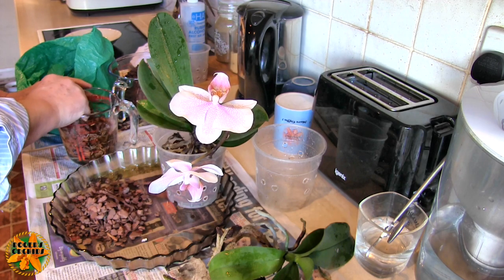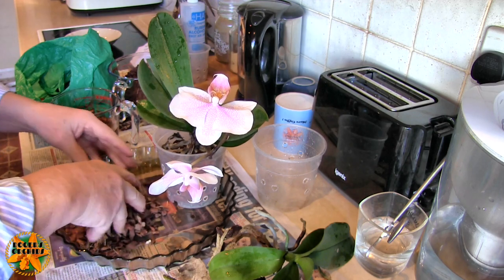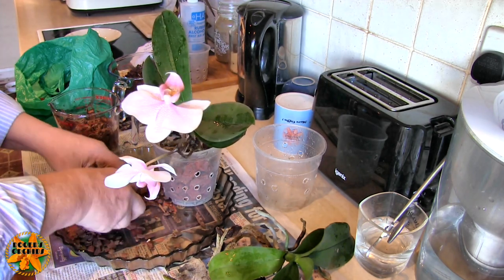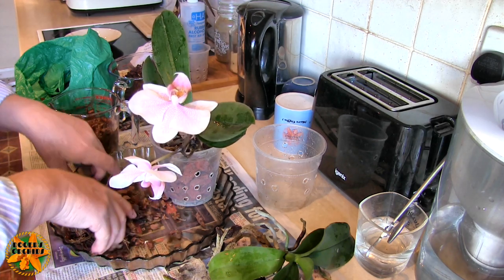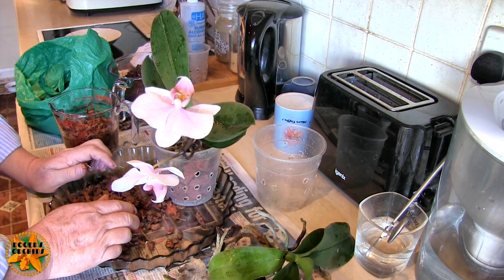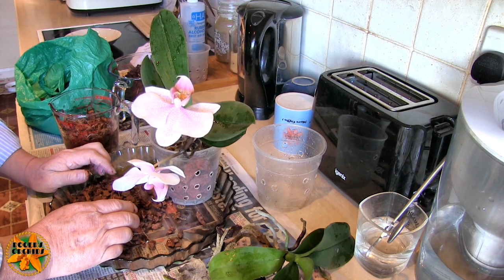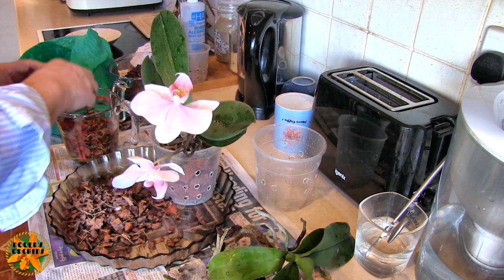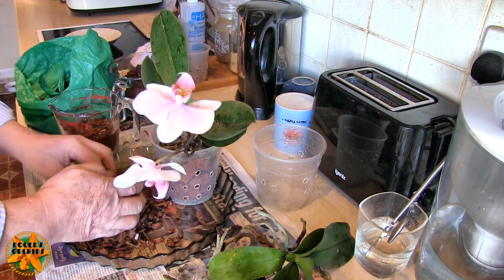Does that sound a bit daft for a Phalaenopsis? In the grow room that would be silly because of the high humidity. I wouldn't want moisture around the base of the plant, but in the house with the dry air I do. The reason is that I don't want the top of the pot to continually dry out. So by adding some coconut husk in, I'm giving it the ability to hold its moisture longer, whereas the bottom